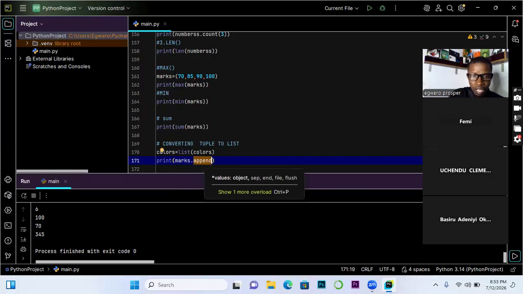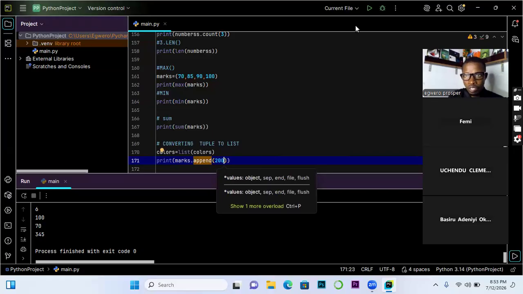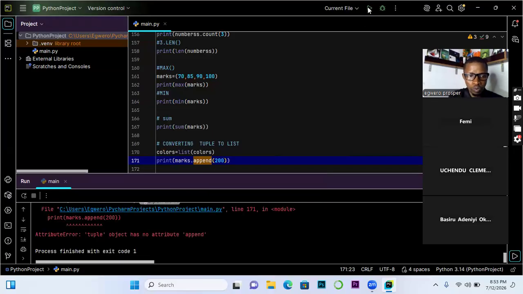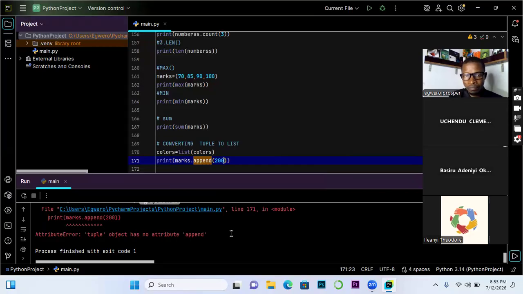Remember this, and then what we are giving is, let's say, 200. So if I run it now, this is a tuple. You can see that we get an error that says tuple object has no attribute append.